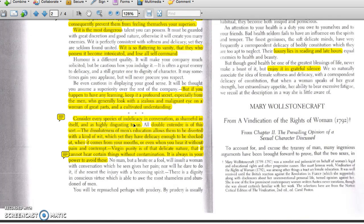I tell you, it has a sexual connotation. He doesn't want them telling jokes about our body in any way. And there's another reference to it here, that double entendre is of this sort. There's a lot of double entendre and wit,